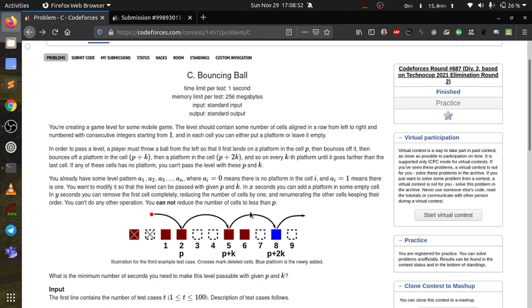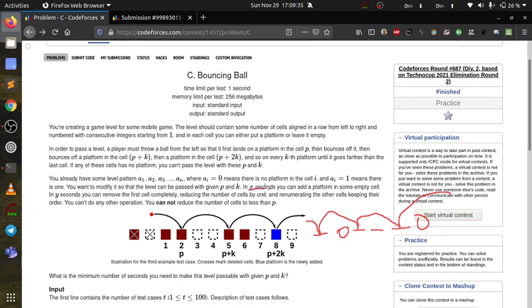In a similar way, you are given a binary string. Let me show you. Suppose you are given 101110: here it is 1, here it is 0, here it is 1, here it is 1, here it is 1, here it is 0. Suppose p is 1, the first time the ball will be here, and suppose k is equal to 2, then next time the ball will come here, and next time here, and next time the ball will go out.